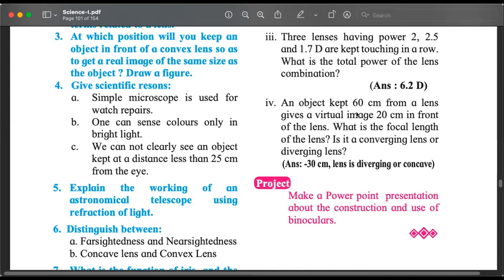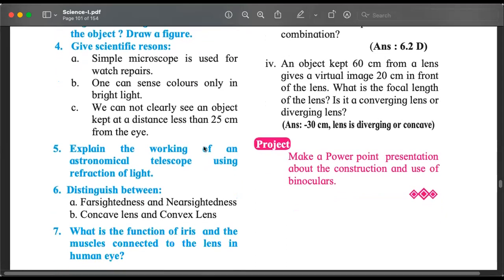Yes, at 2f. So what is at 2f called? At the center of curvature. Don't get bothered with f1, f2. We will understand that. At this point in time, let us use a simpler terminology. At the center of curvature. When we look at the sign convention, we will understand why we are calling something f1 and something f2. It's very simple. Center of curvature. And then it says draw a figure. See, this figure is not in the textbook but it is asked in the exercise. You know how to draw. So question number 3 also we can answer.